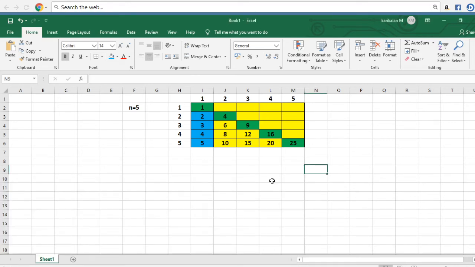So guys, today we are going to solve a pattern. If they give n is equal to 5, we are going to print a pattern like this. If they give n is equal to 6, we are going to print a pattern separately. Okay, here this is the